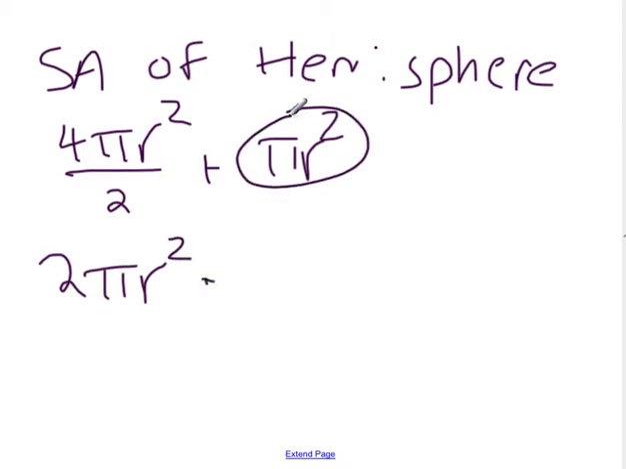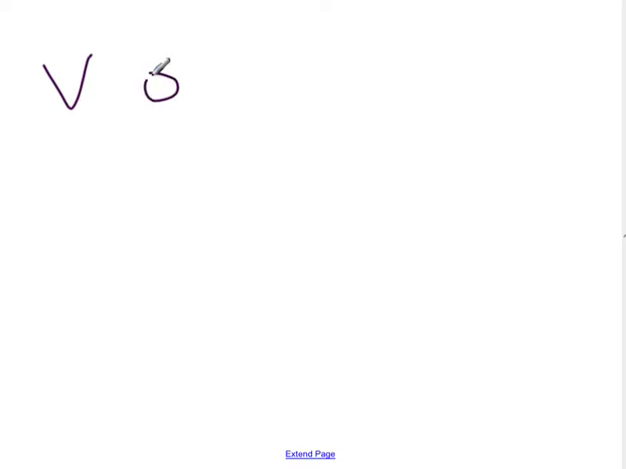Well, think of it this way. If you cut a sphere in half, all of a sudden we have that great circle on the bottom. And that great circle is kind of serving as a base. So we need to add on the area of that great circle so that it's counted as part of the surface area. Now, to get the volume of a hemisphere,